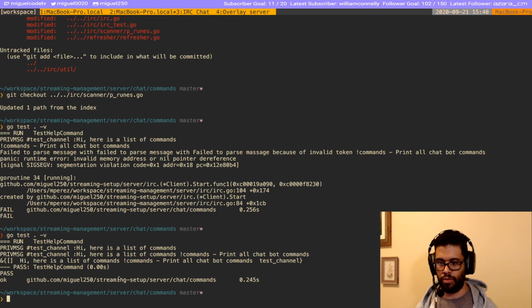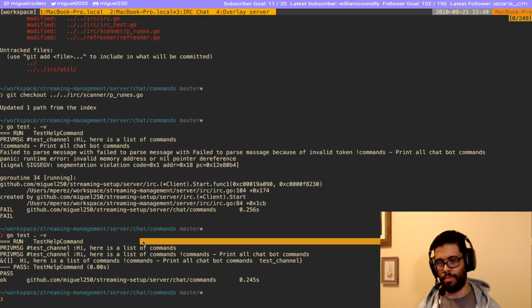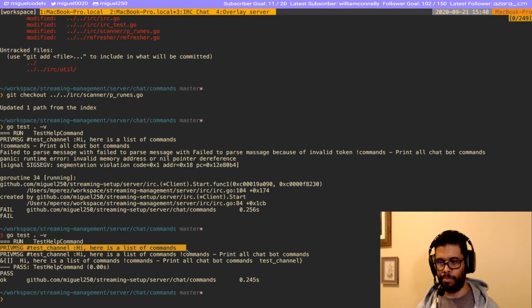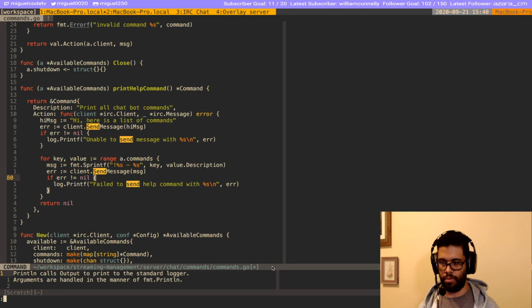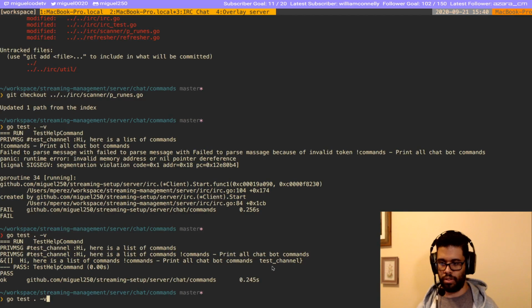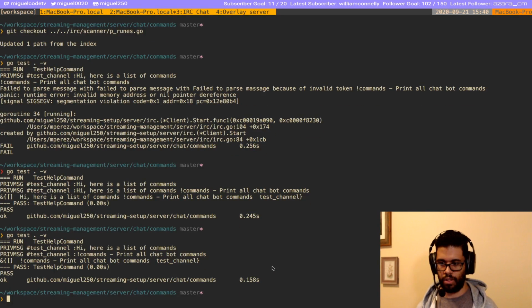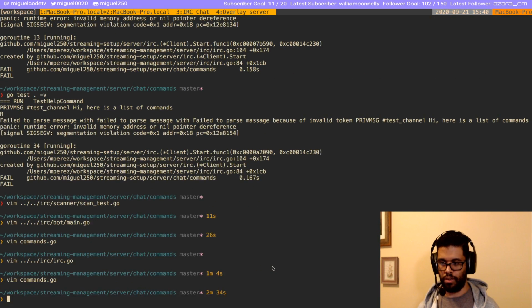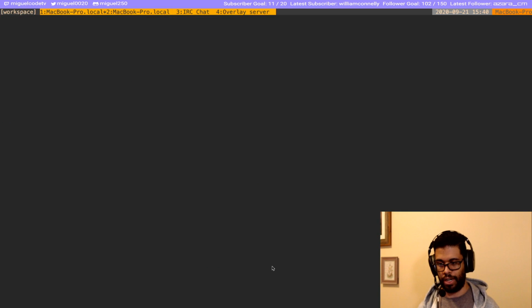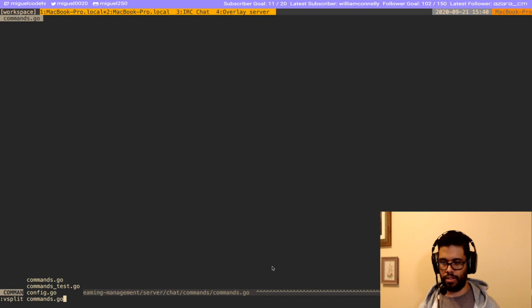Yeah. So this is kind of what we want, right? We want the bot itself to send a message saying, hey there, here are a list of commands. Then we get our first command, and then we get our second command. And then inside of, let's see if that worked. Okay, and then in our test, I don't know why I closed it, but inside our test,